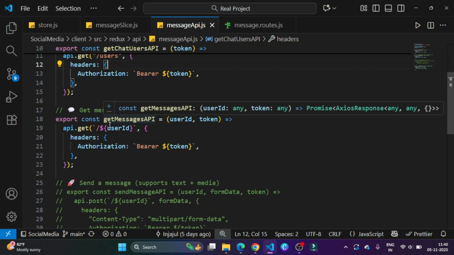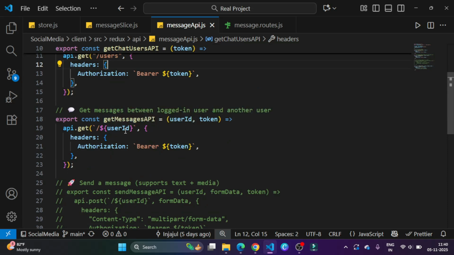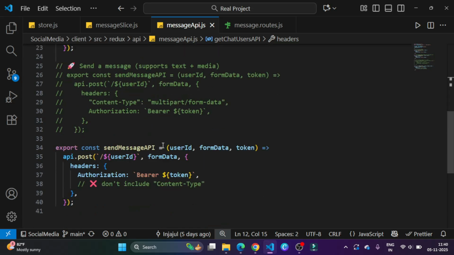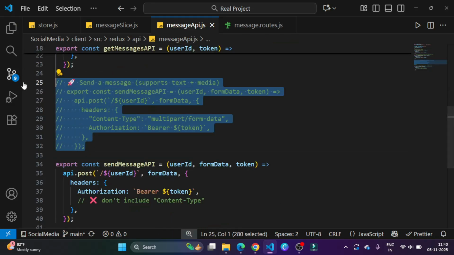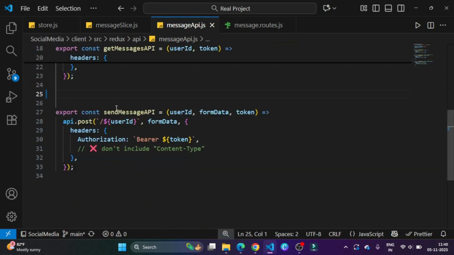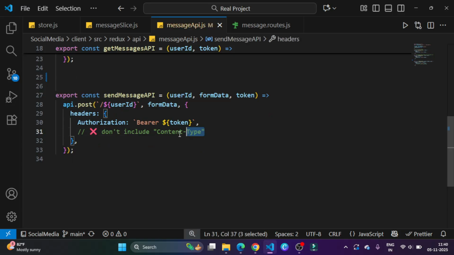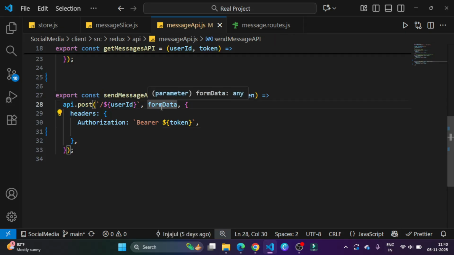Get message, then user ID and token, which is dynamic, and header bearer token. We don't need this one because it's not going to work. Here I also don't include the content type, right? This is the send message API, a post with a dynamic user ID, the form data object as body, and the header. So we have these three